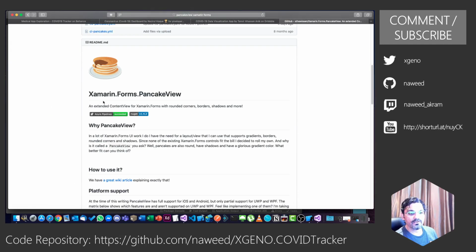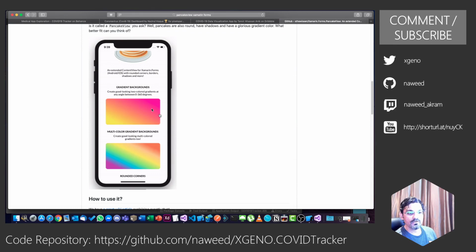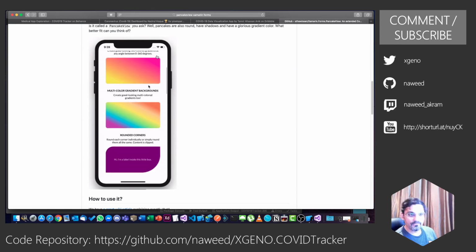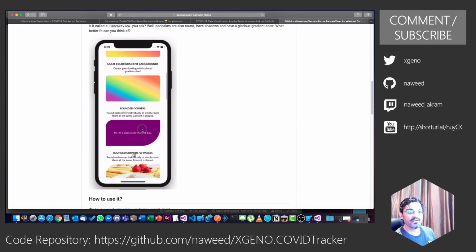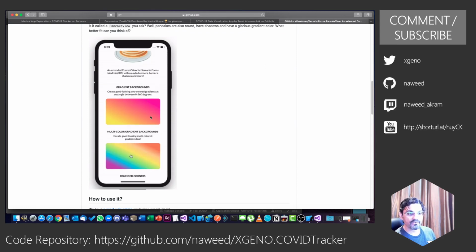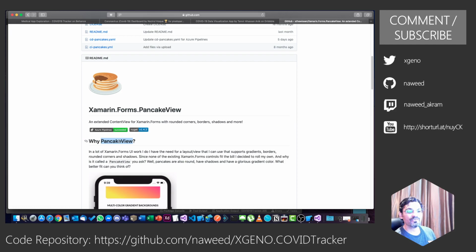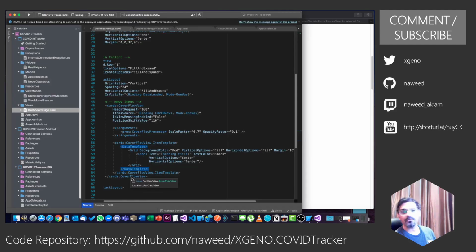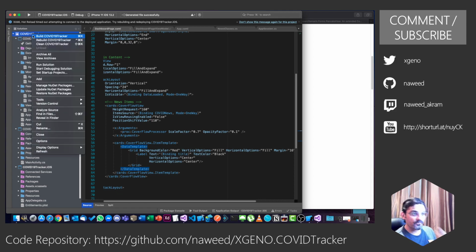This is an excellent control which allows you to create basically frames with rounded corners, with gradients in them, different kinds of rounding effects, borders, and so on. This is sort of becoming a de facto these days. Almost every other project has this. So we are also going to do the same.